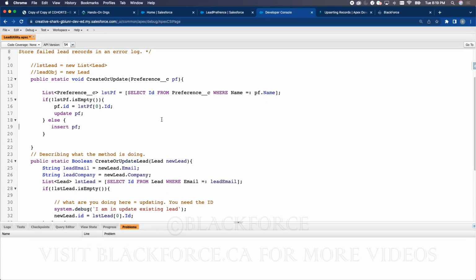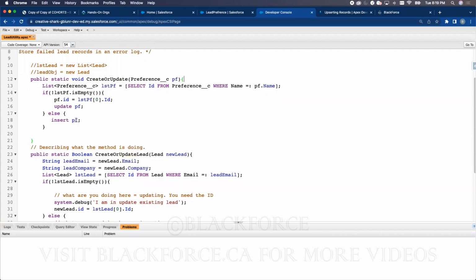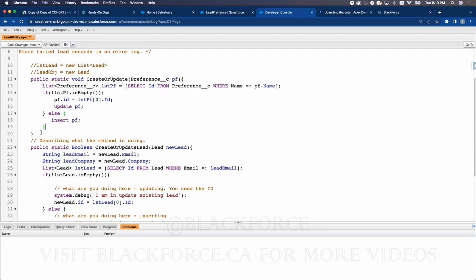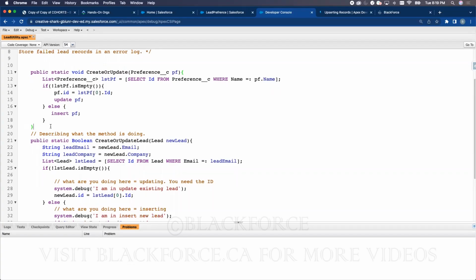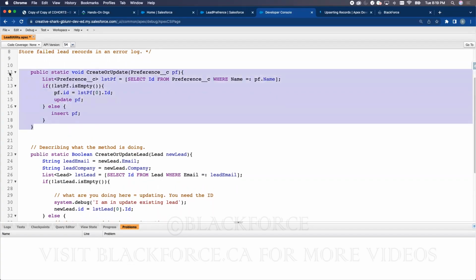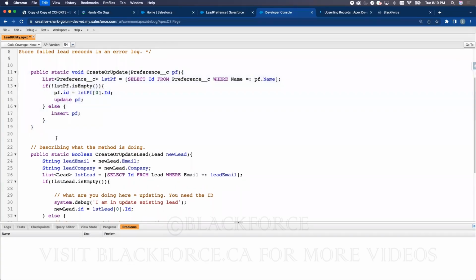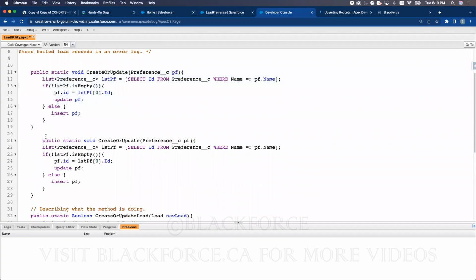New lead, everything is good. So now we've created a simple method that creates or updates a preference based on what I taught you yesterday. Very, very straightforward and easy. This is why I say you should have reusable code, okay? What that means is that I can literally copy this and create another method that does what? That creates or update